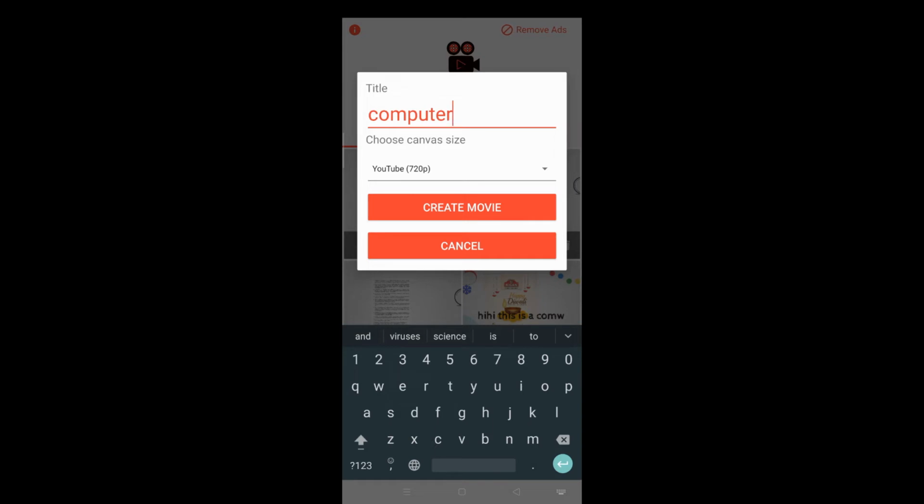By this option, the video we have created, we can send over WhatsApp also. Then you have to click here for create. Then I will rotate our mobile screen like this, because it will appear better for understanding.